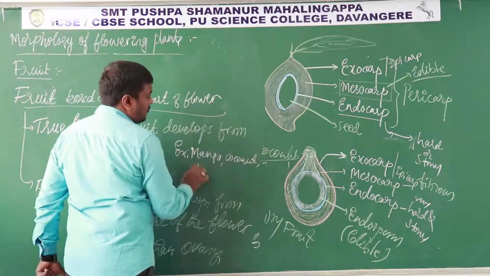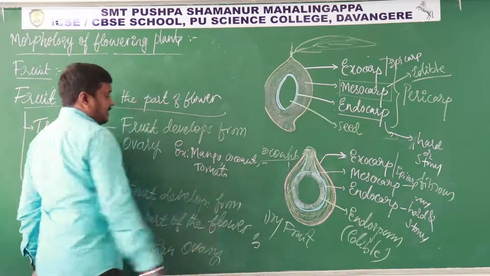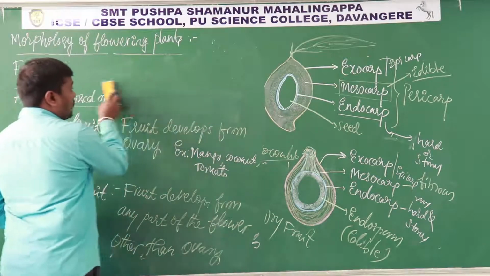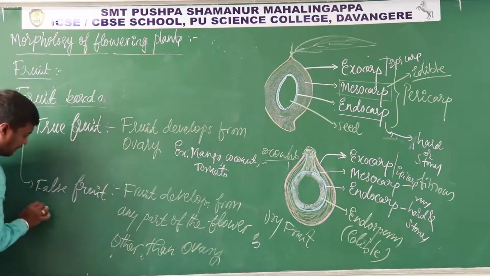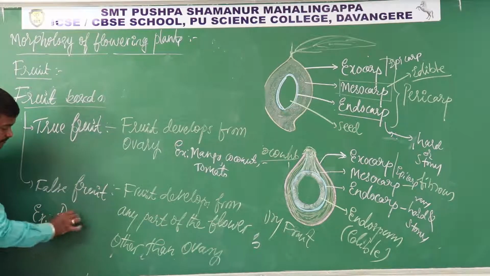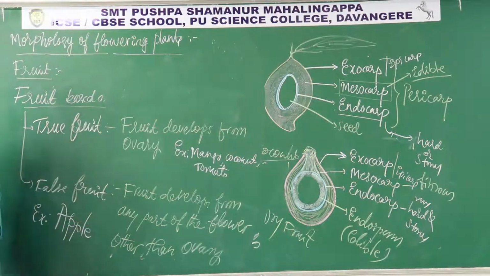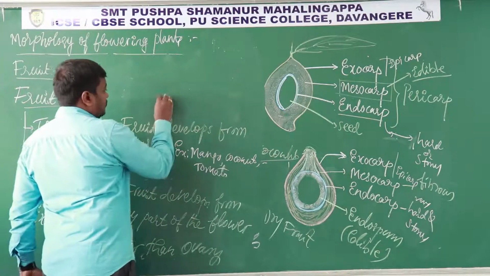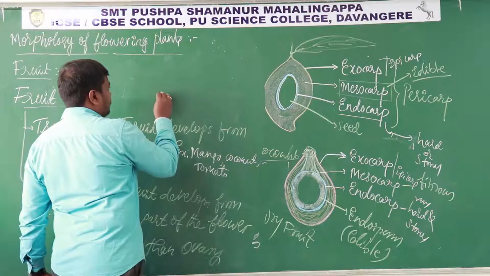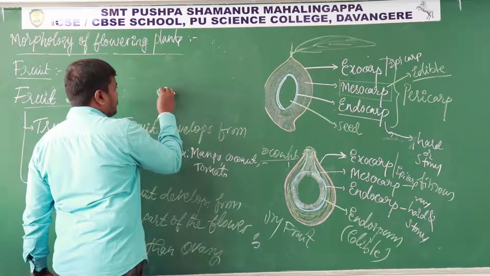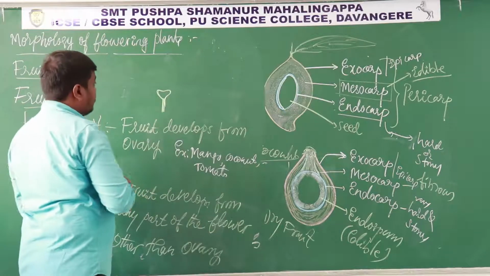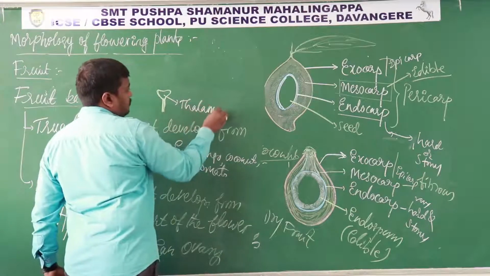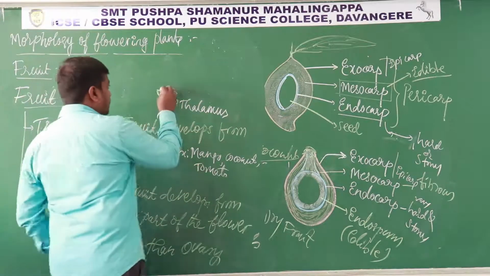Coconut, tomato. They are all examples for true fruits. Then what is that false fruit? So false fruit, let me take one example and explain. So example is apple. Okay, so if you take the example of apple, so what happened, let's see. So apple has a stalk and it has thalamus. So let's say this is the thalamus. Okay, so on this thalamus